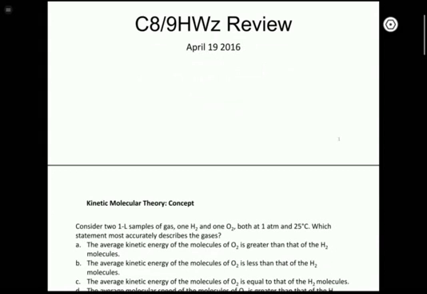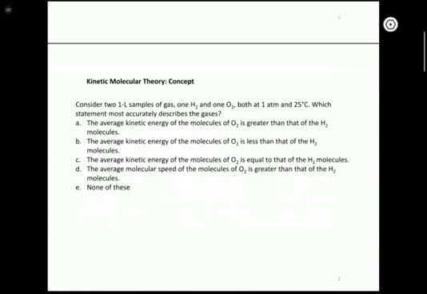And the first few that I'll go over, I'll deal with the kinetic molecular theory of gases. This is one of the last parts of Chapter 8 on gases. And this deals with the atomic or molecular level picture of how gas particles behave and rationalizes the ideal gas law and those macroscopic behaviors of gases. So the kinetic molecular theory deals a lot with the motion of gas particles, which is quantified by kinetic energy